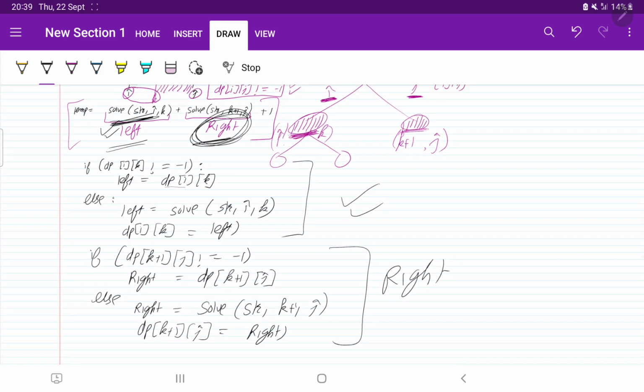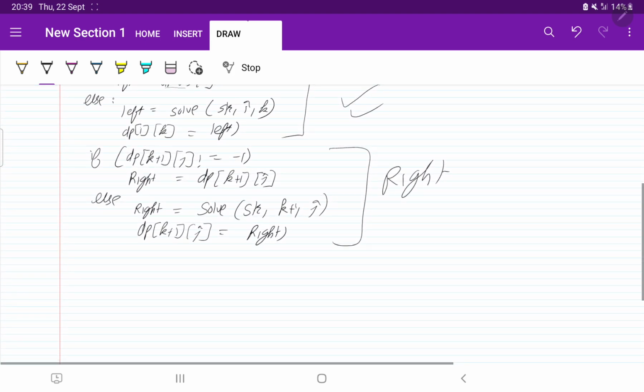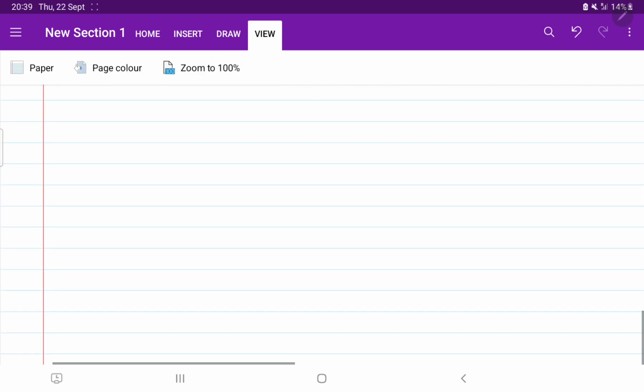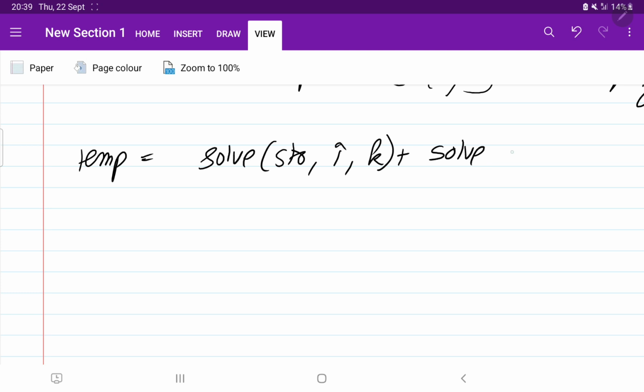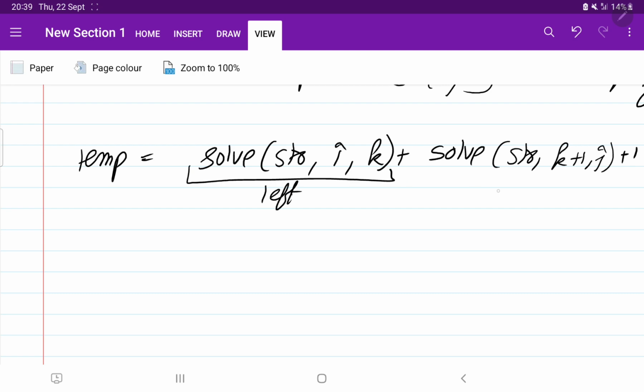Now we have this line. Instead of directly writing the solution as we did earlier, where temp was equal to solve, passing the string str from i to k, then calling solve again with str from k plus 1 to j, then adding 1, instead of this I will write left, and instead of this I will write right.